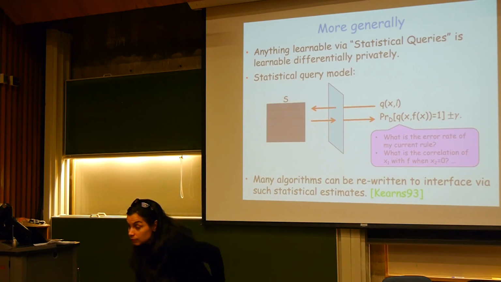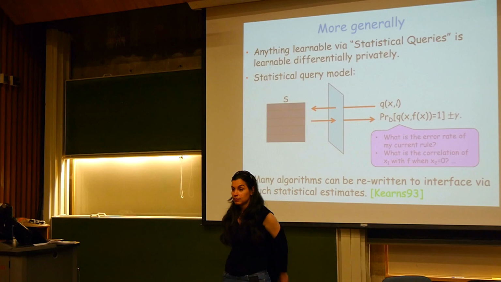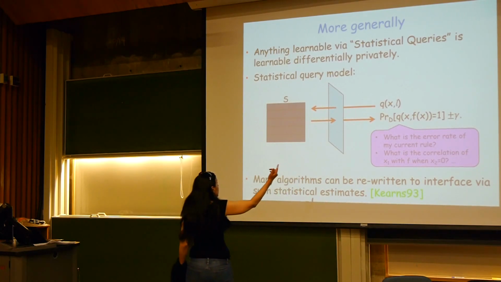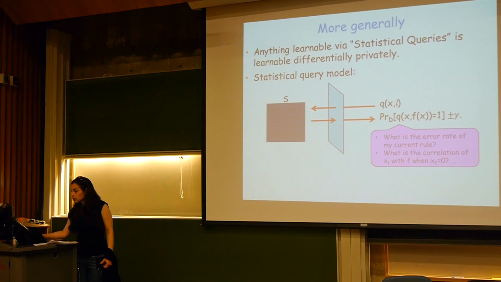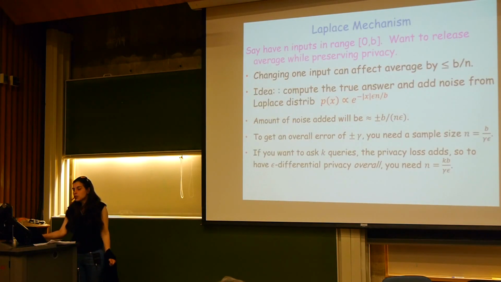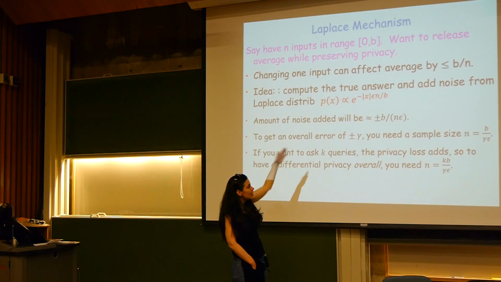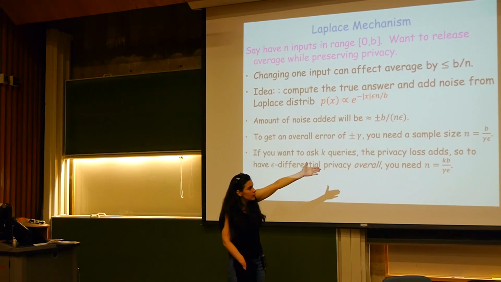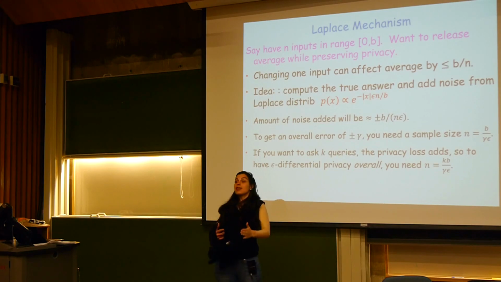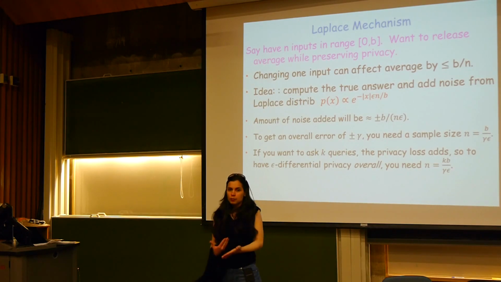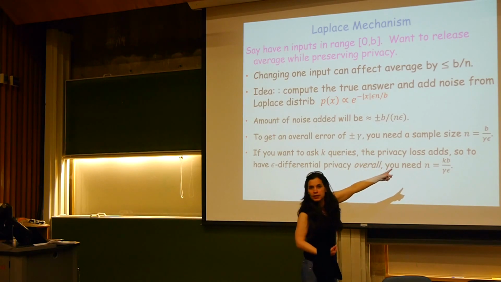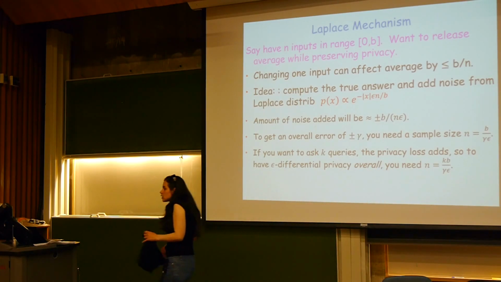Yeah? Do we have any understanding of how much accuracy you have to give up to get privacy? Yeah, that's a trade-off. Is there a bound on how well you can do? People have results, but not tight results. For example, even in this simple example, if I want accuracy plus or minus gamma and epsilon differential privacy, how many samples do I need? But you can also ask the question, if I have a fixed sample and I want to achieve a certain accuracy and certain privacy, then you'd have to solve for this. But there is not a super tight characterization.